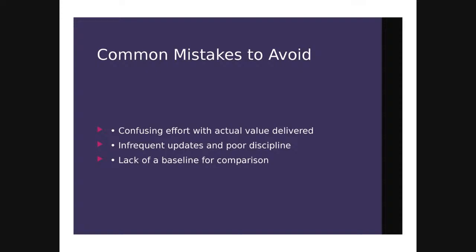Another mistake that you want to avoid is infrequent updates, just wishy-washy. Okay, we reported on this, and then another 2 weeks go by, and no accountability, no reporting. That's not how to use earned value. Management has got to be like a hawk watching those metrics. So there has to be accountability at the higher levels. My advice is for the C level, the VP level, to build that into their monthly reviews and have the director level people build that into their weekly reviews so that it all goes up.